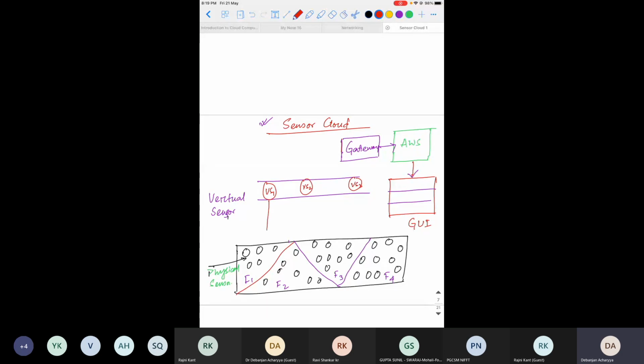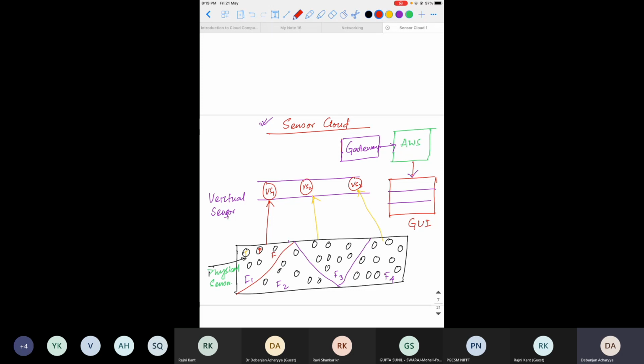It may be taking all the data from here, it may be taking the data from here and so on. There may be some temperature sensor, some pressure sensor, some flow sensor, or any other kind of sensor. What the virtual sensor does is that it will give you a decision.